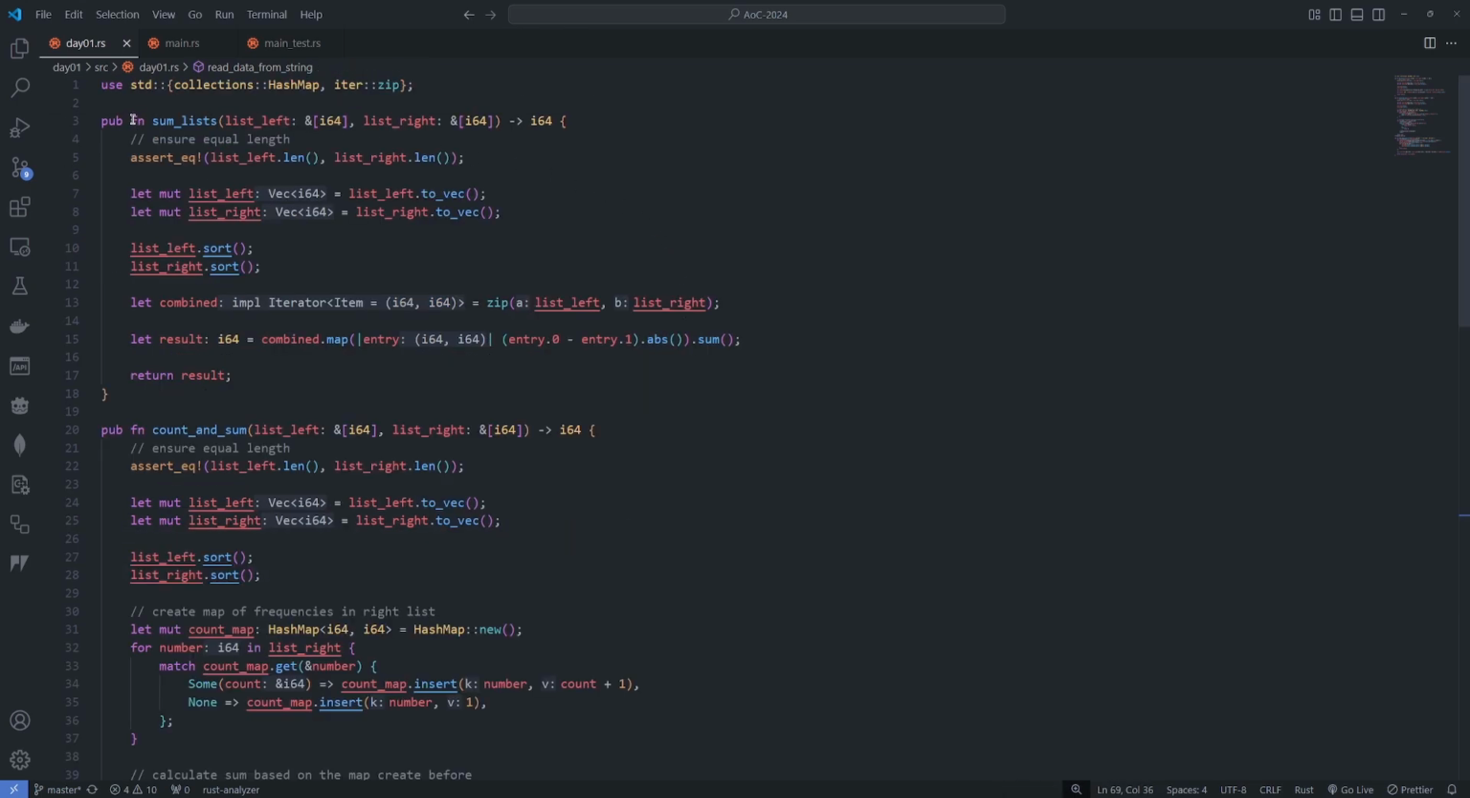So for the first part, I created a function, sum_lists. It takes in a reference to the vector for the left list and the right list, and it outputs the sum of distances. So we check first that the left and right list are the same length. We do a sort on the left and right list to get the smallest number first in order on both sides. Then we combine the lists with a zip